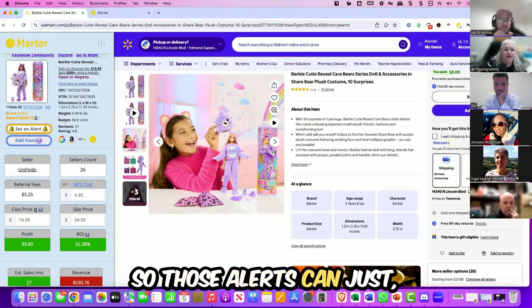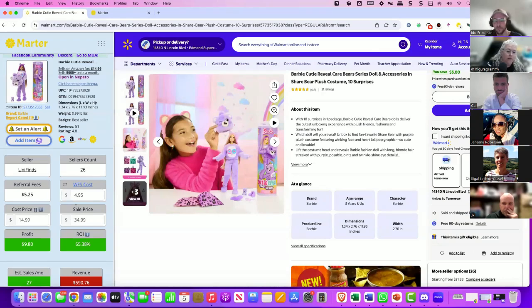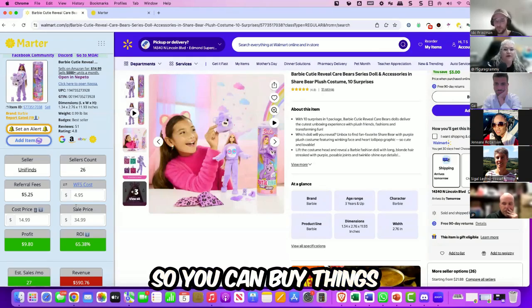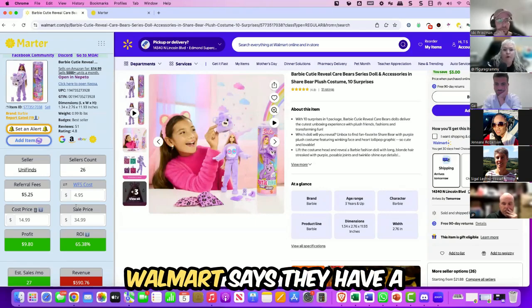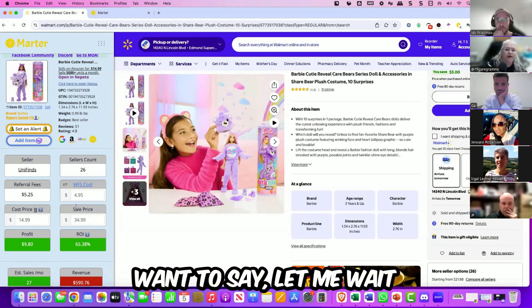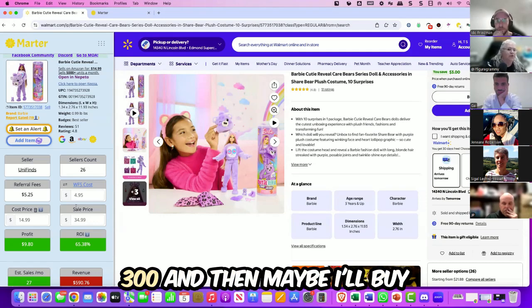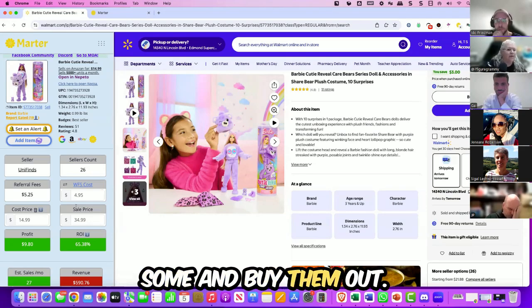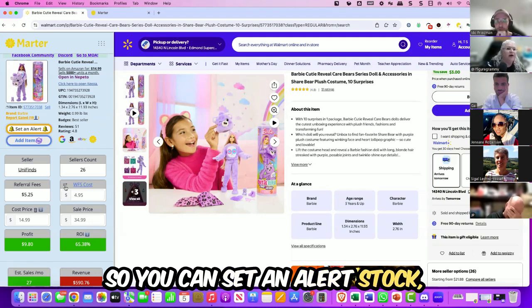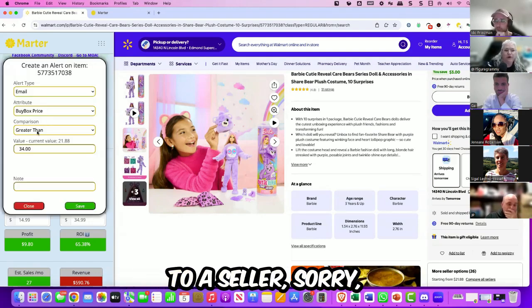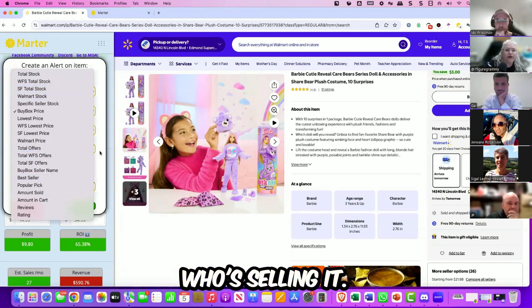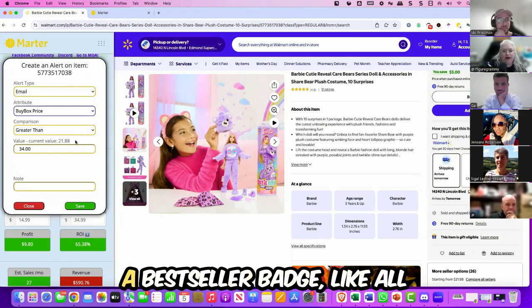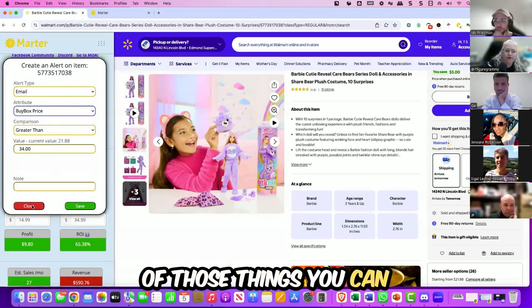So those alerts can really help you find things to purchase. You can buy things when they hit a certain price point that you're interested in. If Walmart says they have 1,000 in stock, you can say, let me wait until they have maybe 300, and then maybe I'll buy them out. So you can set an alert on stock. You can set it specific to a seller. You can set your price point, the stock count, who's selling it, and if it ends up getting a bestseller badge, all of those things you can set in the alert